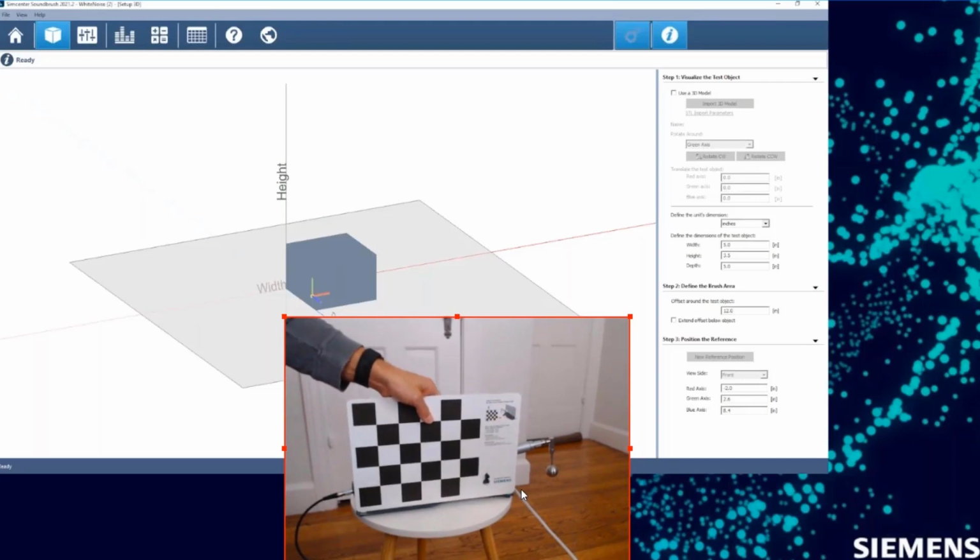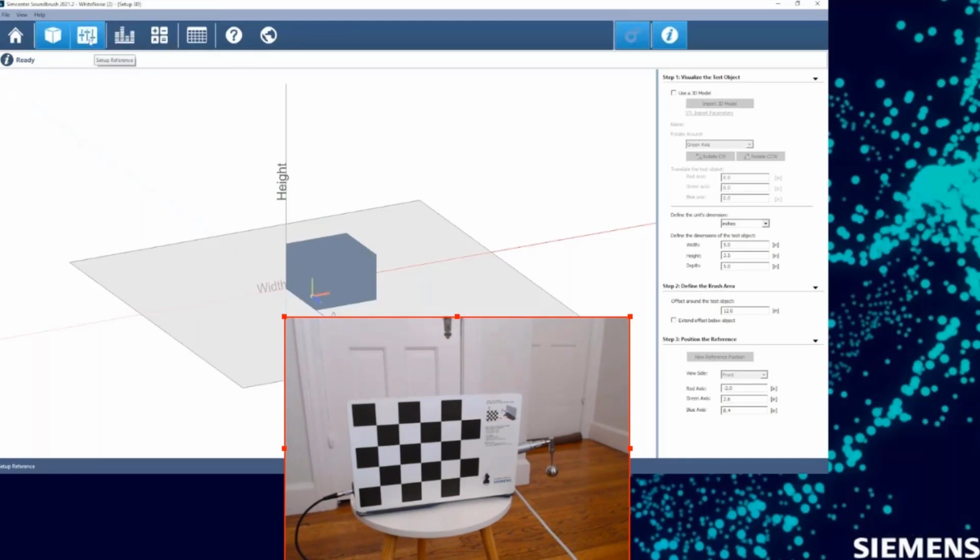This is maybe a little bit too much detail, but essentially, if you are smart about where you put this reference, you don't have to adjust this at all, okay? But I wanted to highlight that you can put this reference anywhere. I could have the reference up against the ceiling if I wanted to, as long as the tracking camera can see both the object and the reference board.